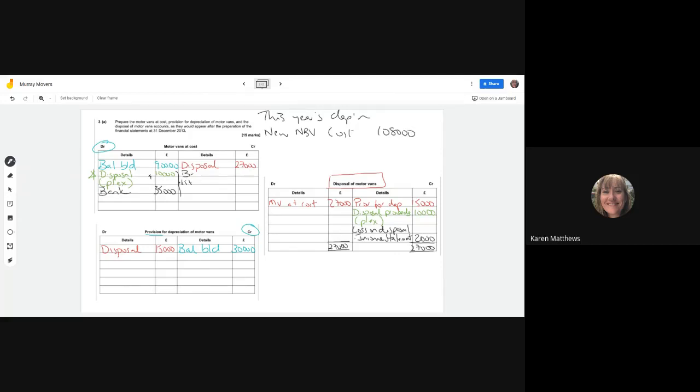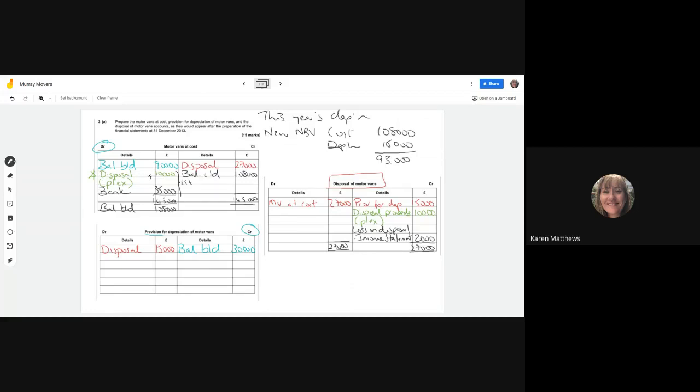So LCD, £108,000. Means that both sides add up to 145,000. LBD, 108,000. And then in the depreciation, we had 15,000 left. So our new net book value, 108 minus 15, is